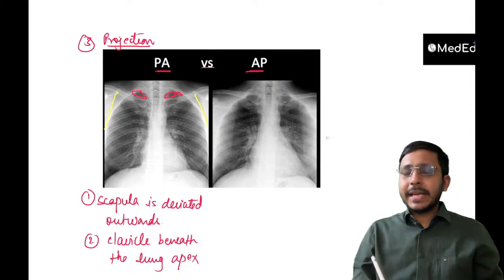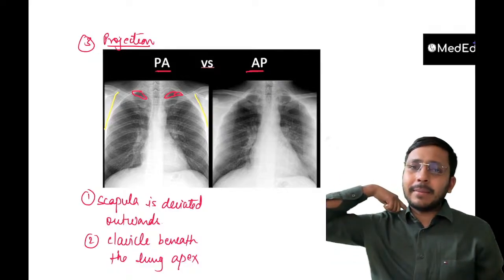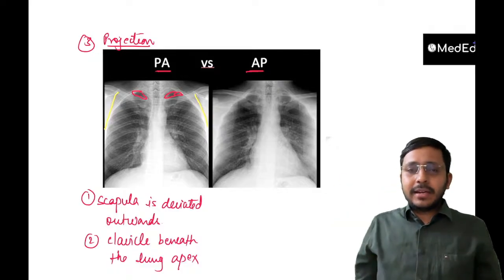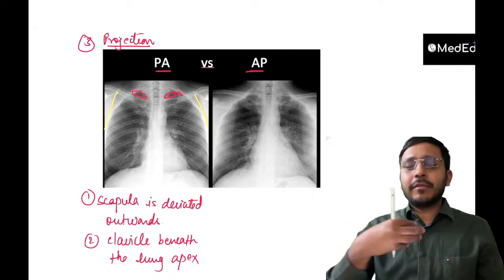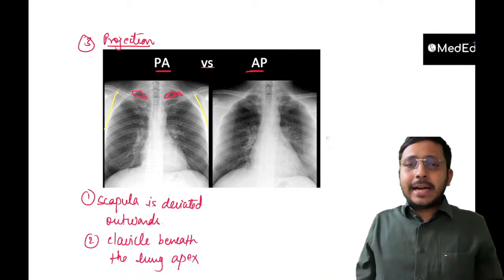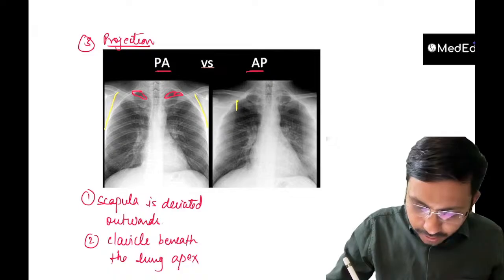Right? Whereas in an AP view, what happens? The rays are coming from the front, the detector is at the back. So patient keeps his hands like this anteriorly. Rays are coming from the front. So what happens? Since the hands are on the side of the patient, the scapula